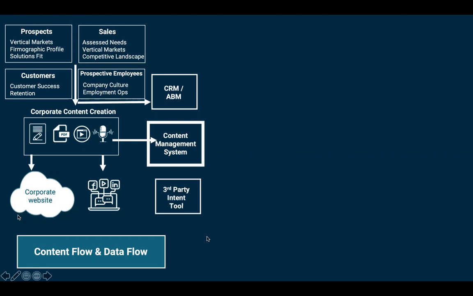Now, some organizations will use things like third-party intent tools, and they'll use what they learn from third-party intent to either create new micro pages for ABM. They'll trigger new accounts to sales teams and CRM, automate tasks for them to start reaching out to new companies. And this is where a lot of organizations will stop on the marketing end and with their content side,